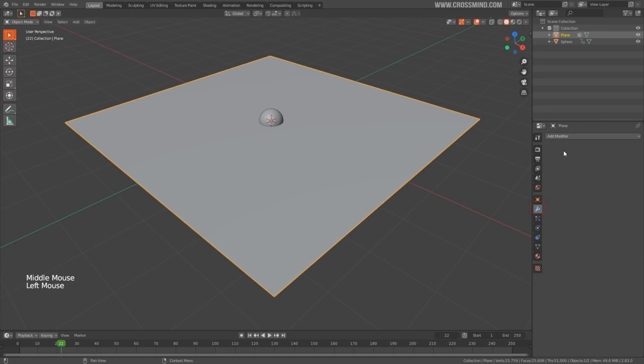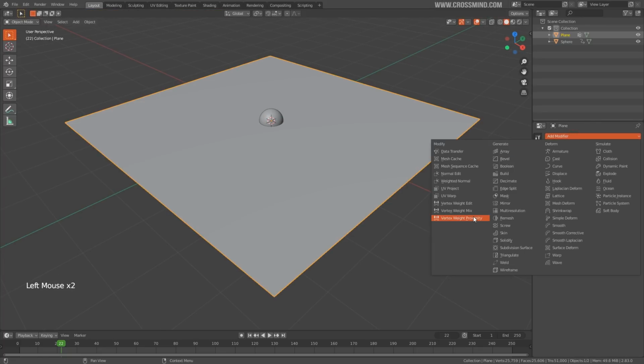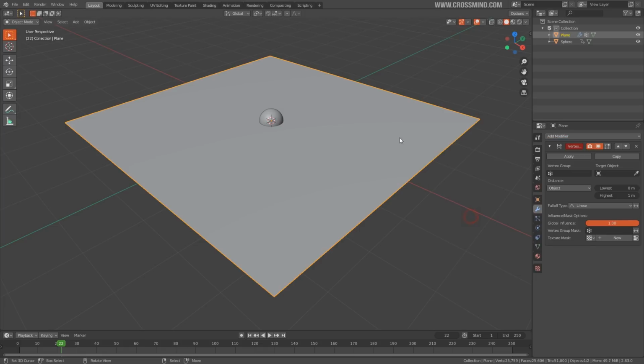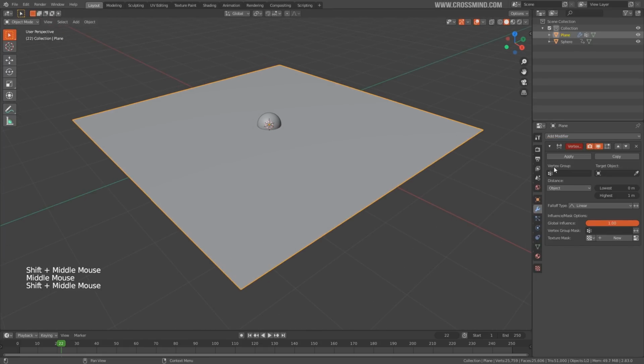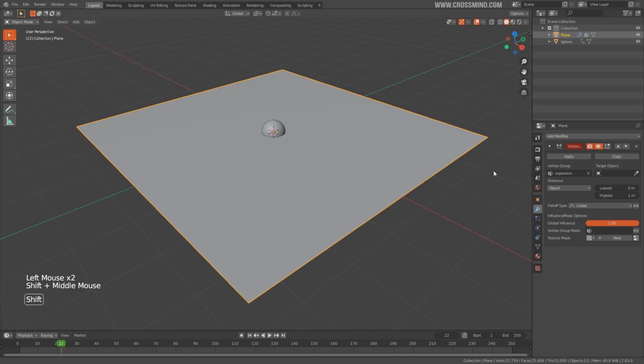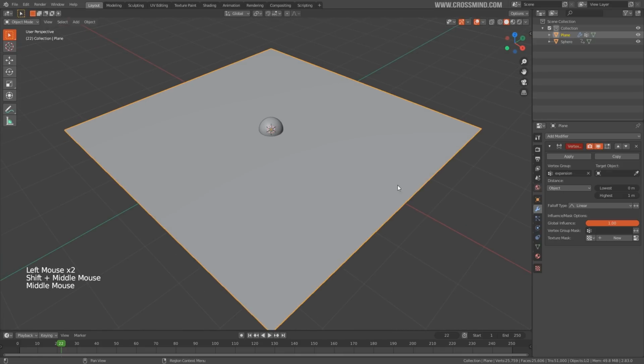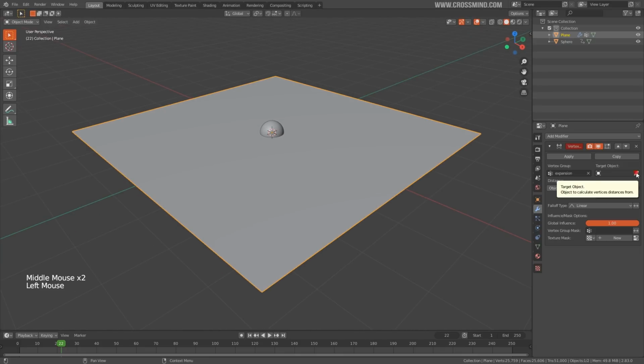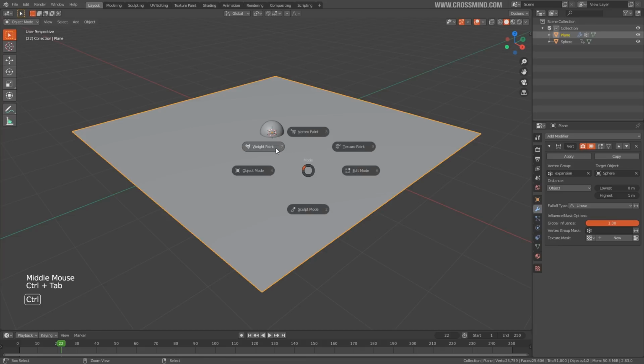And now the interesting thing that you can do is bring one vertex weight proximity modifier on this plane. And in the vertex weight group, we are going to select the expansion, the group which we just created over here. And now we want to influence this group with another object's proximity, to be specific. So we'll choose this sphere over here that we created. Now if I go to the weight paint,